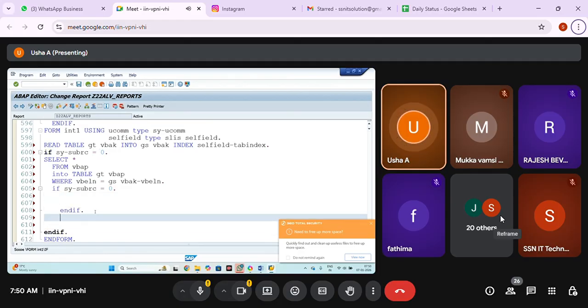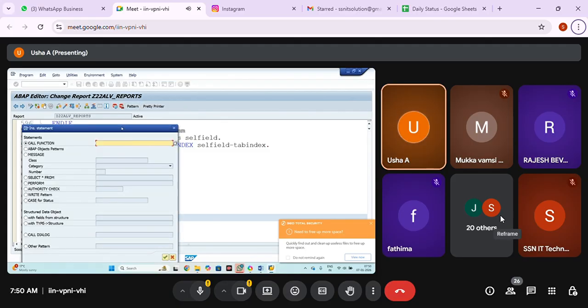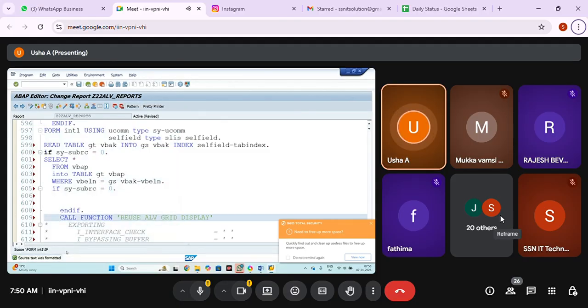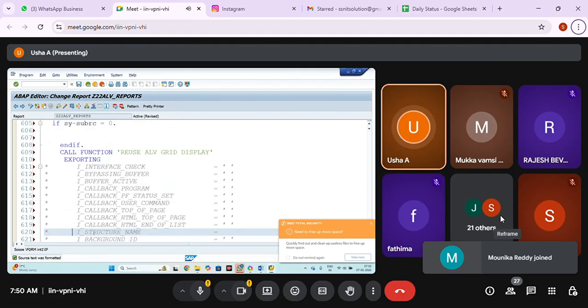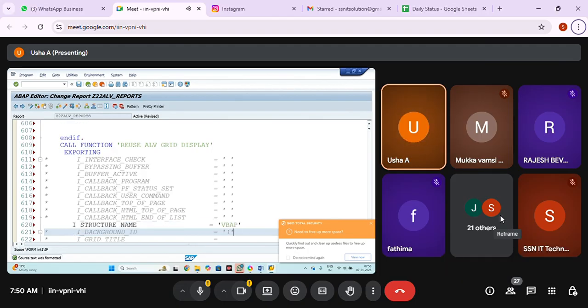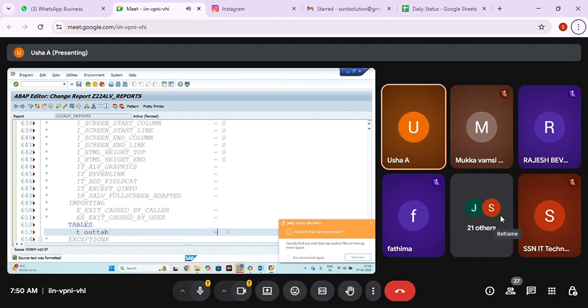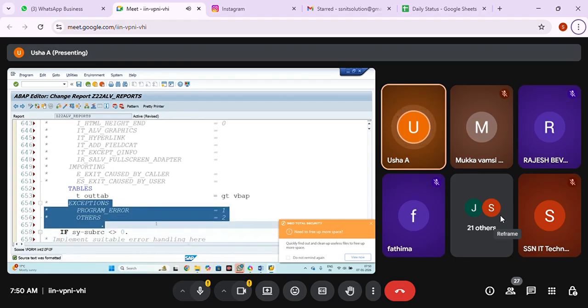So how to write the display logic? Again the same pattern button, reuse LV grid display. I have intentionally taken all the fields so that I can pass the structure name. Here also you'll pass the field catalog only in real time. So I'm just showing VBAP and ZP VBAP and uncomment the exceptions.